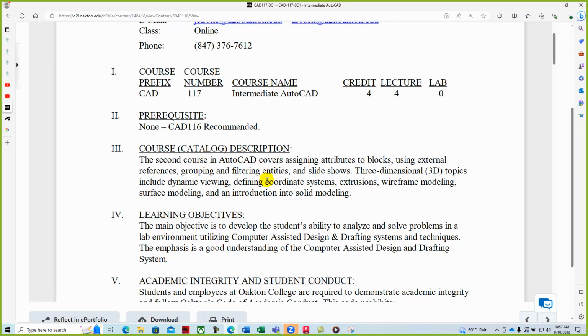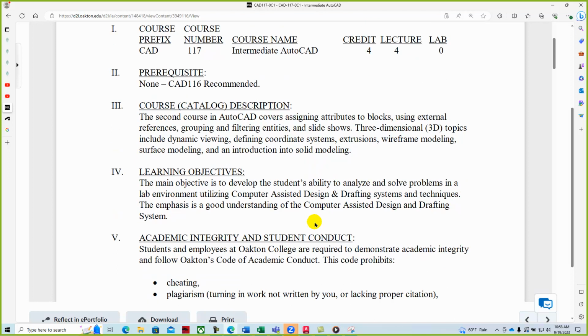It's the second course in AutoCAD, and we cover some of the nuts and bolts things like attributes and blocks, external references, filtering, three-dimensional objects, and being able to work with surface modeling. As we go through, we want to develop your ability to analyze and solve problems utilizing computer-assisted design and drafting. And it's kind of a virtual environment nowadays where we can demonstrate these topics online or in person, and that's